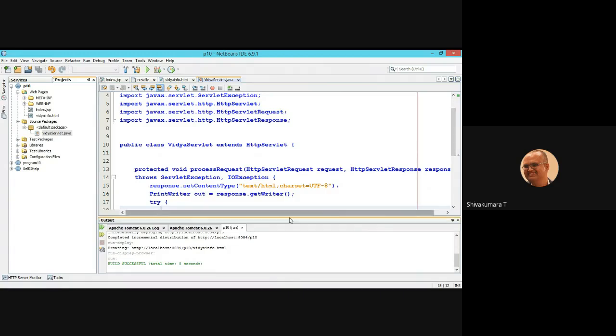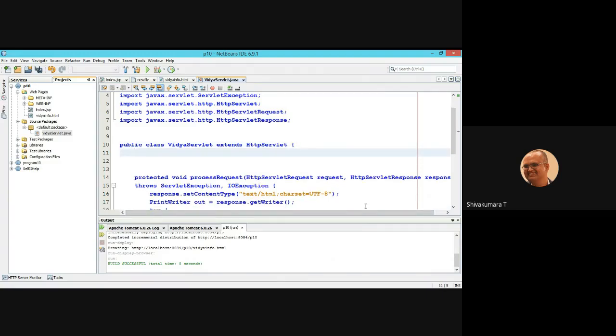Let us create some private connection variables, private result set variables, and private statement variables here in a global scope, class scope. So type private Connection, the connection object you are going to create.